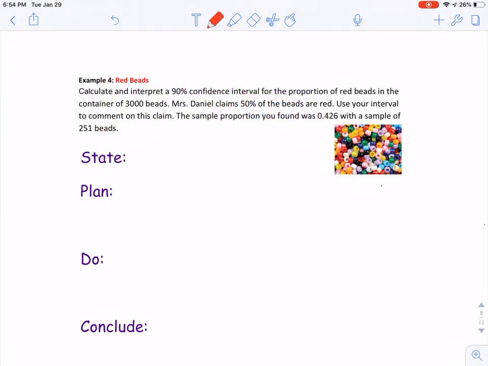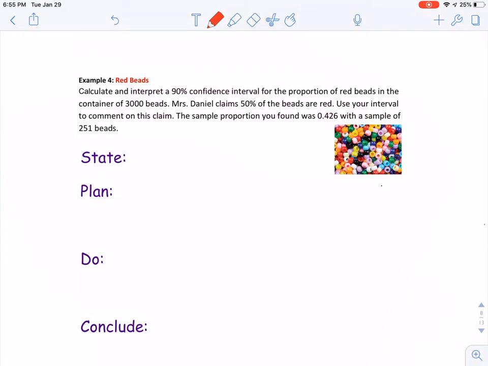Okay, and I noticed I need to go back and see if I mistyped something, because when we read through this, you're going to notice that it doesn't mention anything about this sample being collected randomly. Of course, we know that's supposed to be one of our conditions that we check. So we're going to assume that that should have been in this problem, and I'll go back and double check and see if I mistyped something or not.